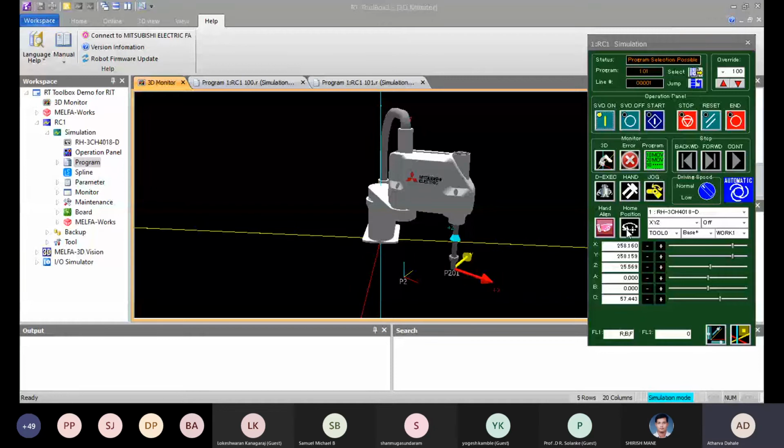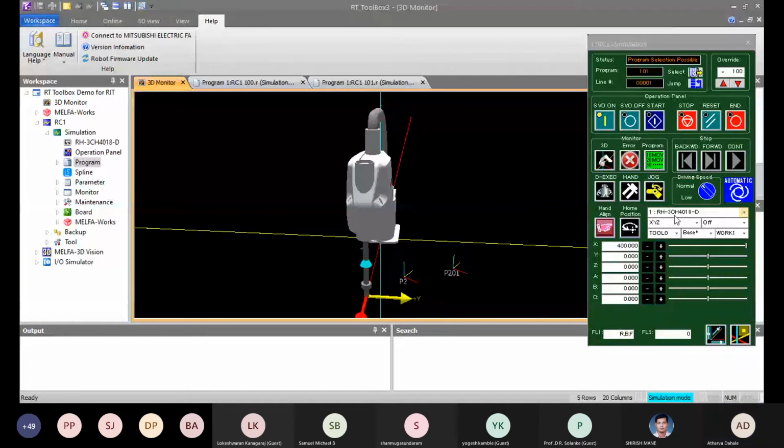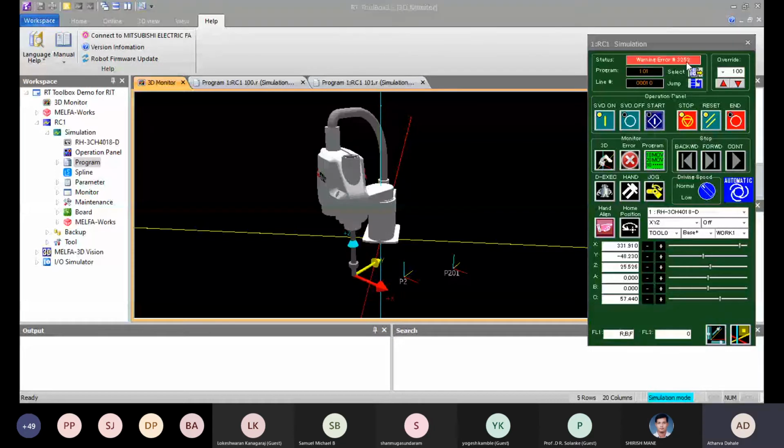I have taken the robot back to its home position. Now let's see. 3 to 5. There is an error. Let's see what error it is. 3 to 5.